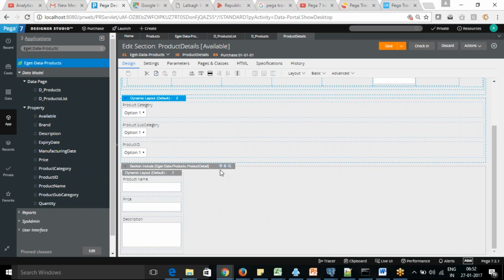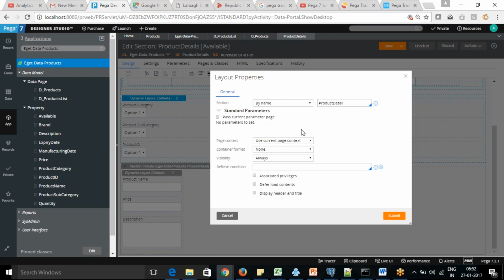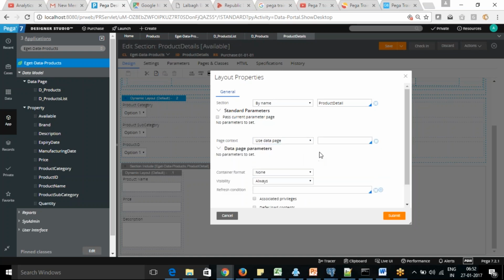So you can see that it changed to section include. Okay. So you can see that I'm going to change it to user data page. Okay.